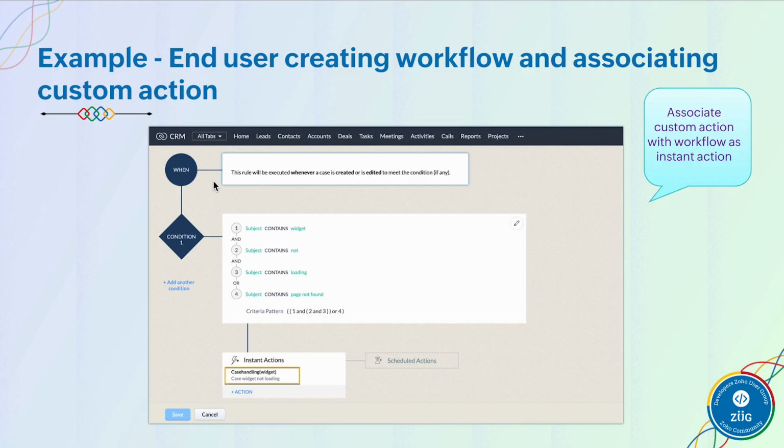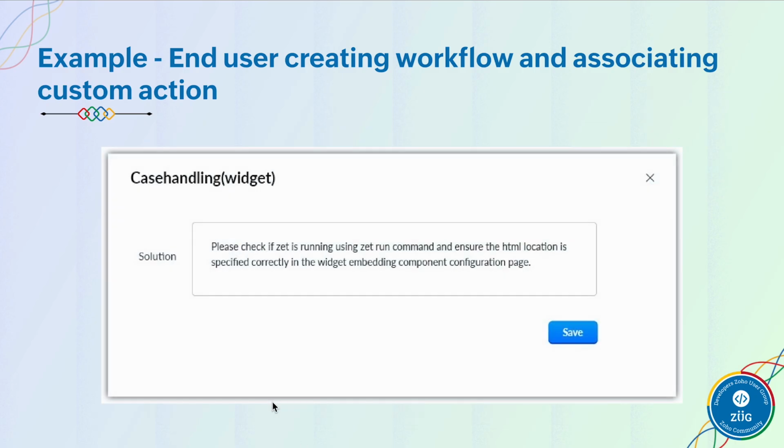So let's say they define another workflow with the subject, like if the case comes up with a subject containing terms like connector not expired or connector authorization. If these terms are present, then the same custom action, that particular common template, can be associated. They will be prompted with the UI again. There they can provide the personalized solution for that particular case criteria. If the connector authorization expires, the usual solution is to reauthorize the connector and check the implementation again. So that personalized solution can be provided and saved to that workflow.